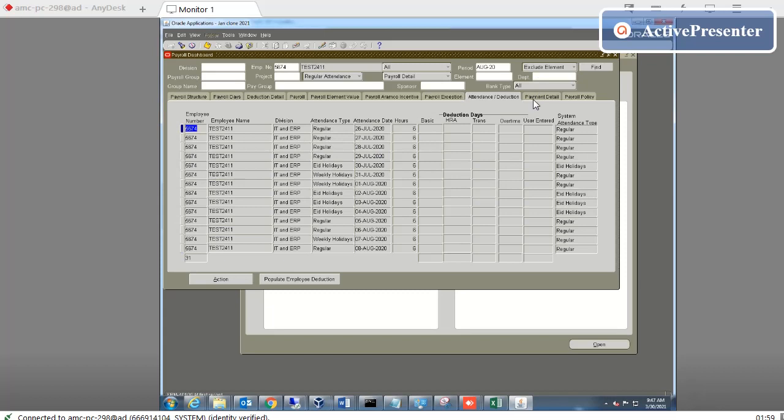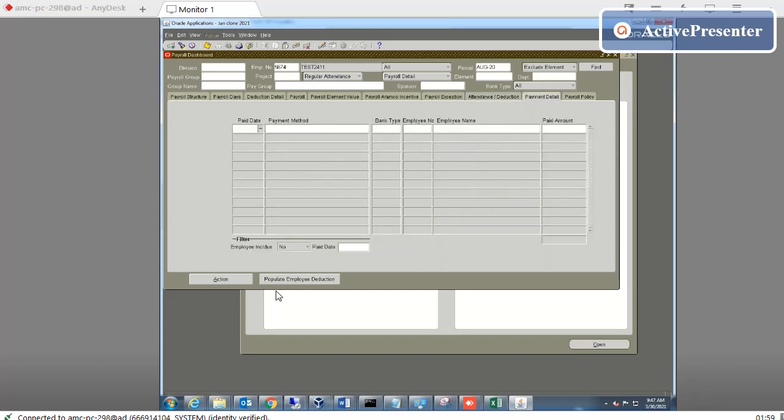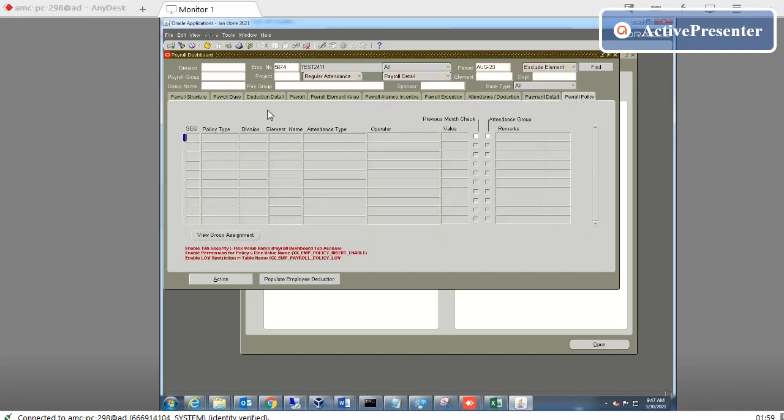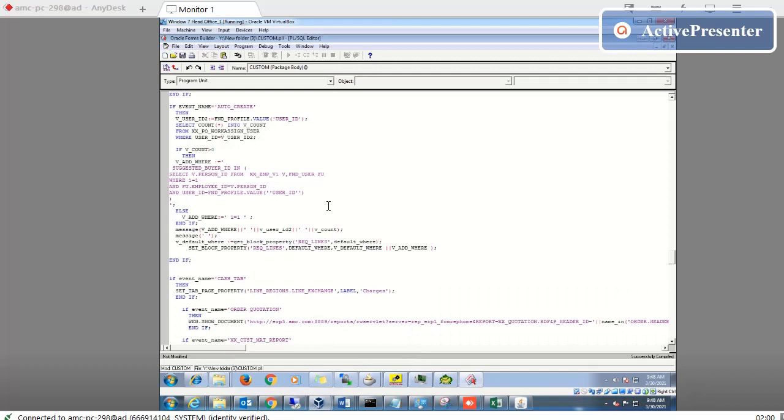After that, this is payment detail. For this employee, for this period, what is the payment detail? If you include an employee or not, you can do it like that. So this is done, and here we write all the policy of that company. What is the payroll policy here? So this is a customized form. I have created one. How it is created, I will show you in Forms.